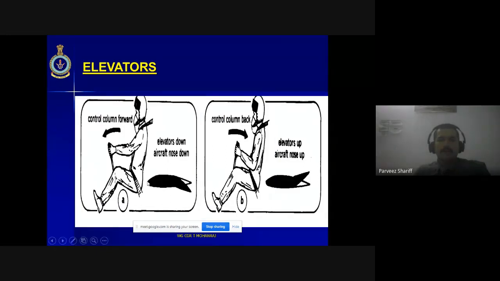This you all know. And this is the diagram which is shown here. So when the control stick is moved forward, what happens? The elevator from normal will come down and lift is created, so it will nose down. If it moves up, then the lift is reduced at the tail section and the aircraft will pitch up.